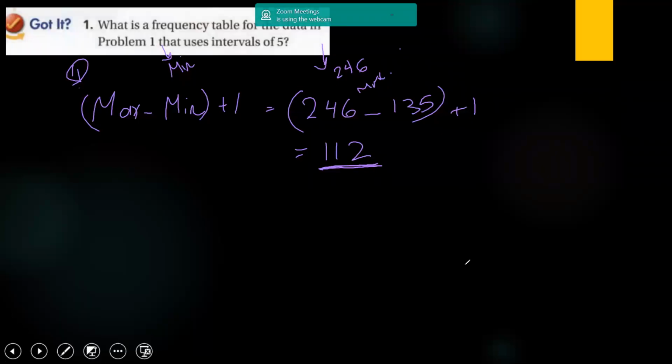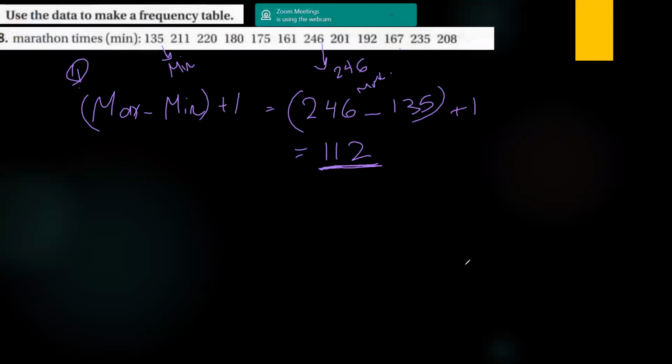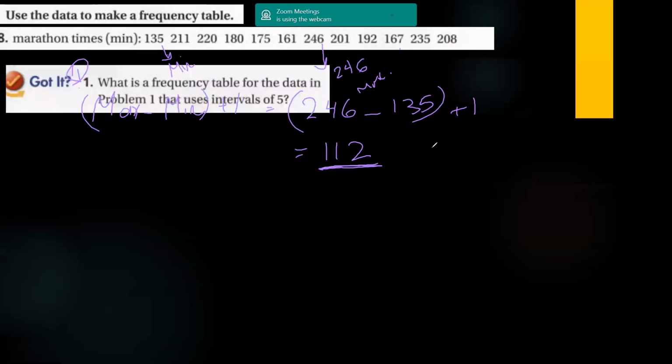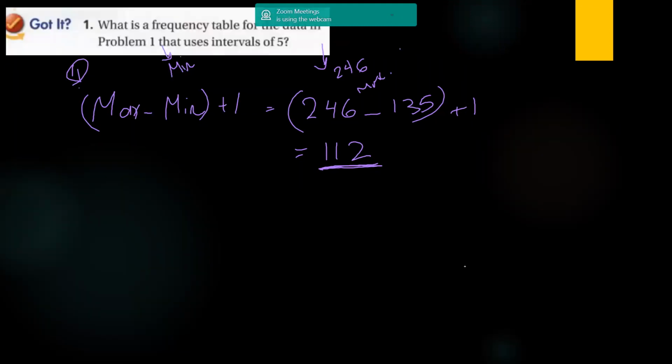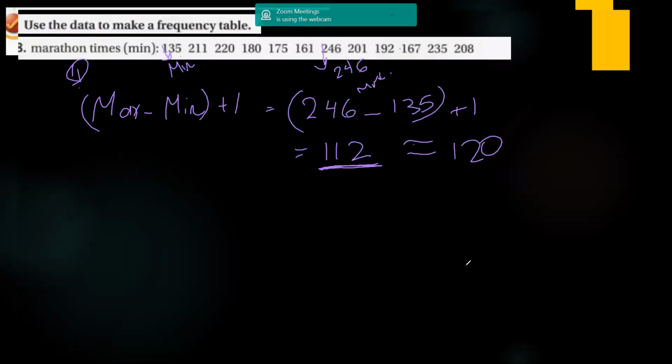When I think about 112, I find that I cannot find a number that helps me divide it, or maybe the only number is 2. And 2 I cannot use, because I will make a table of 56 rows, so it's hard for me. So let's estimate it to 120. For this step here now,